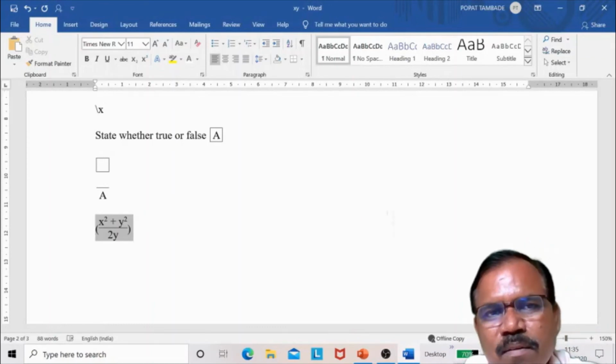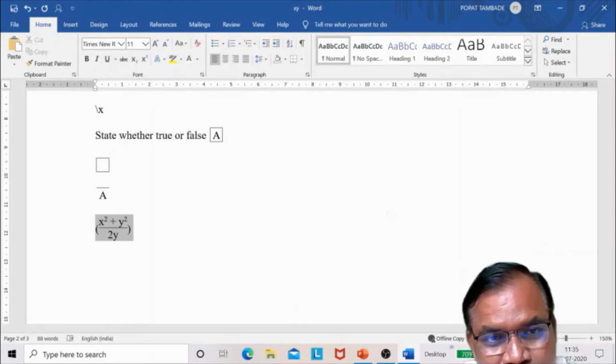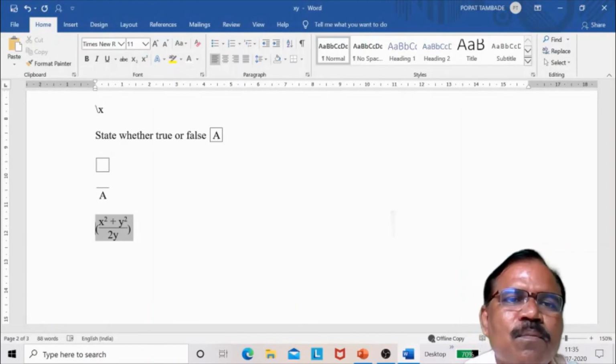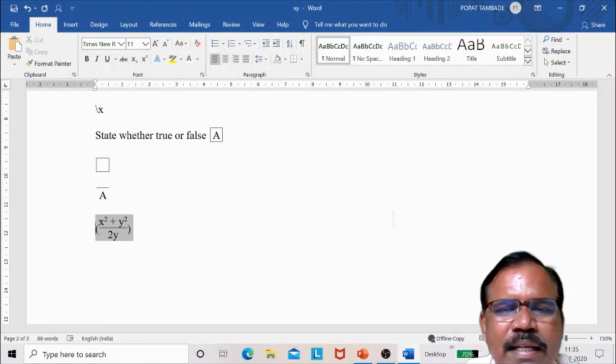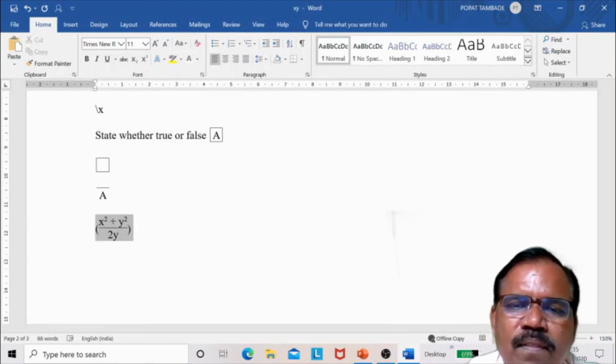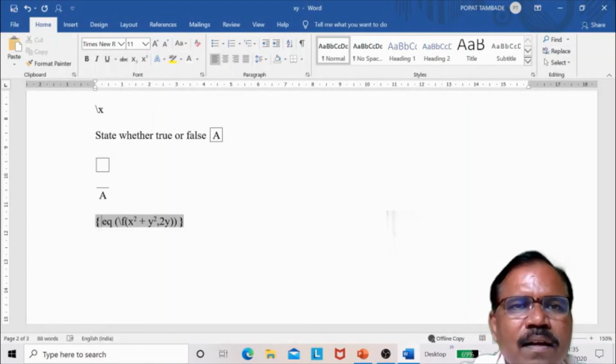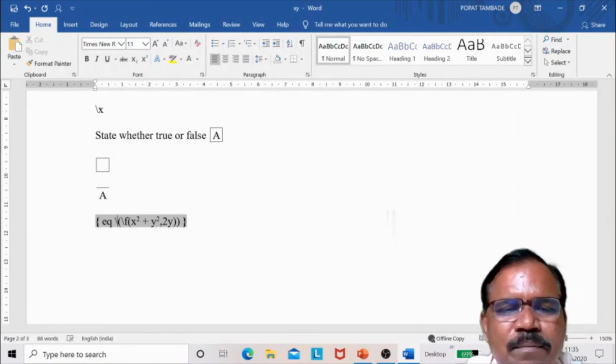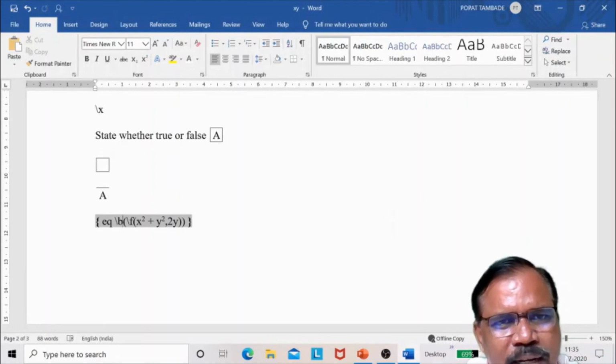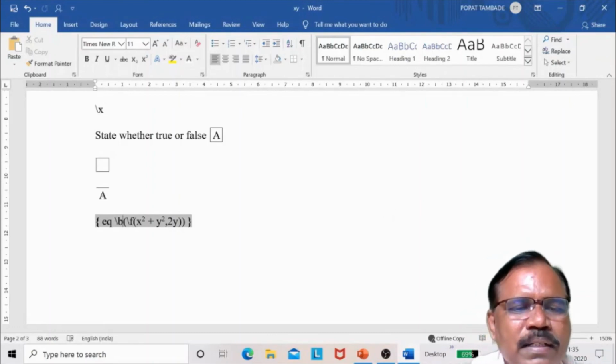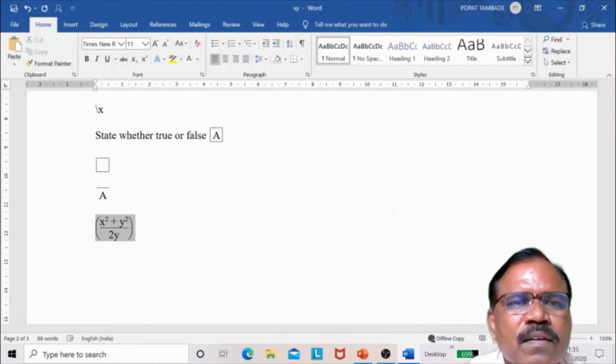Height of that bracket is not equal to height of whatever is in that bracket. So for that purpose, we take here backslash B bracket, and then whatever expression in the bracket, and then bracket is completed. Now see here what happens. This one.